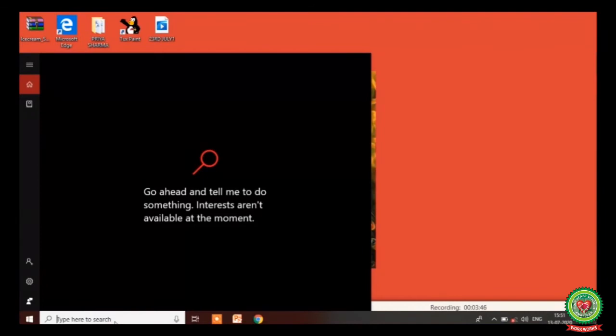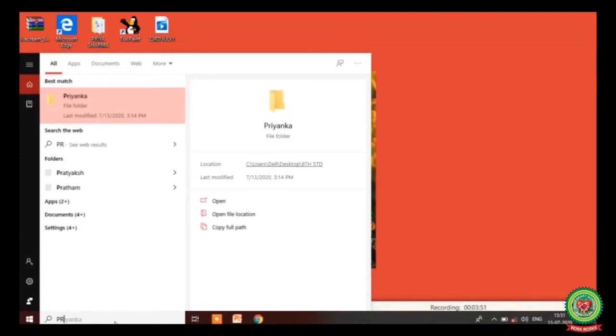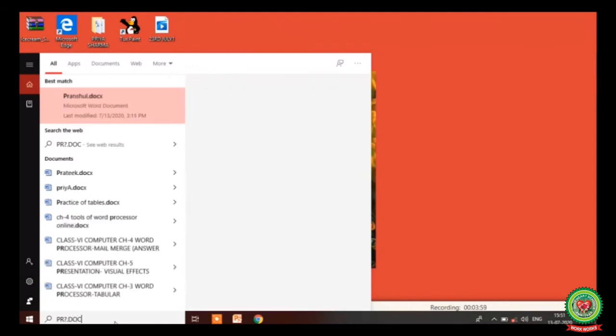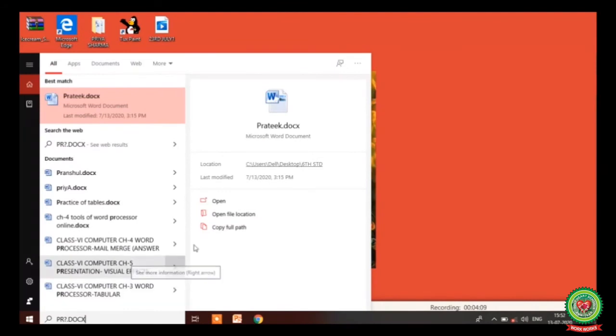For example, I'm going to write P R question mark dot docx. Now here you can see it will show you all the document files that start with the letters PR and are followed by one more character.